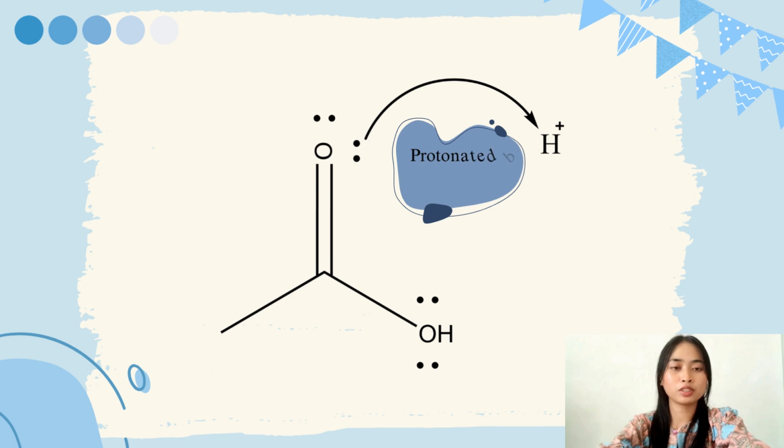First step, the protonation of the carbonyl oxygen of ethanoic acid. In the initial state, ethanoic acid contains a carbonyl group where the oxygen is relatively electron-rich. During the protonation process, the acid catalyst donates a proton to the carbonyl oxygen of ethanoic acid. This protonation occurs because the oxygen's lone pair can attract and stabilize the proton, leading to the formation of a